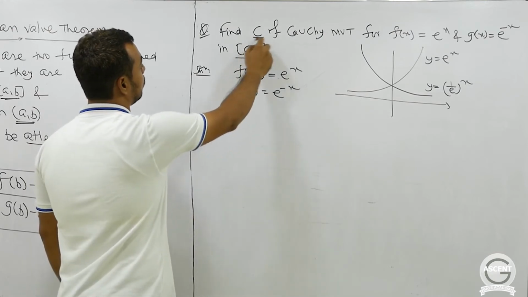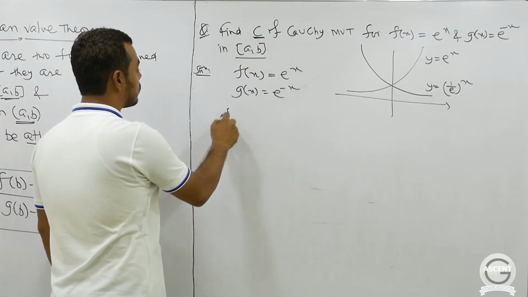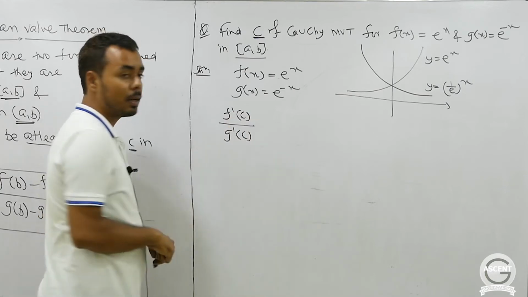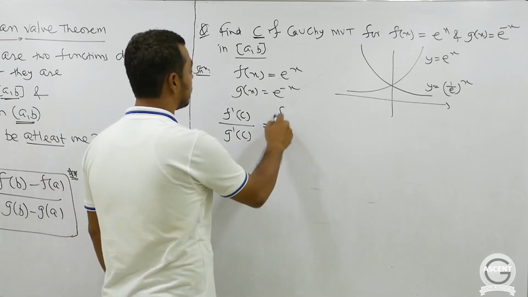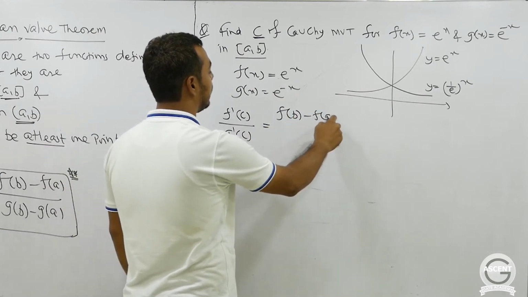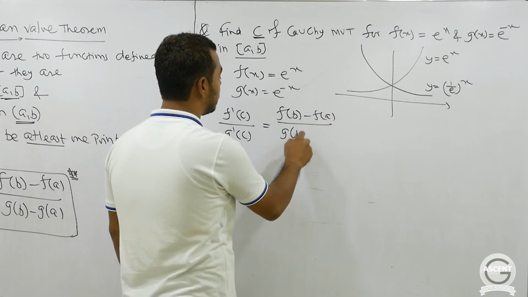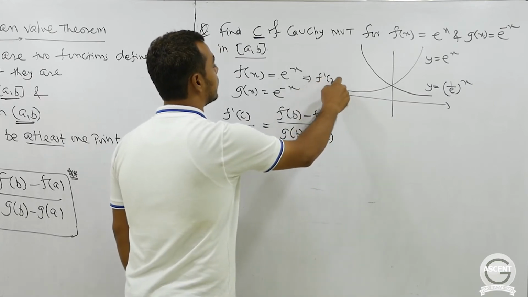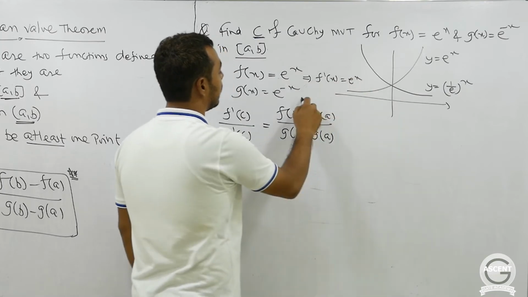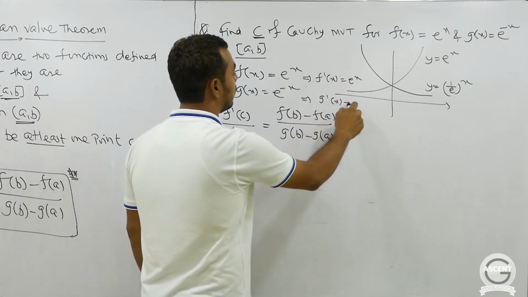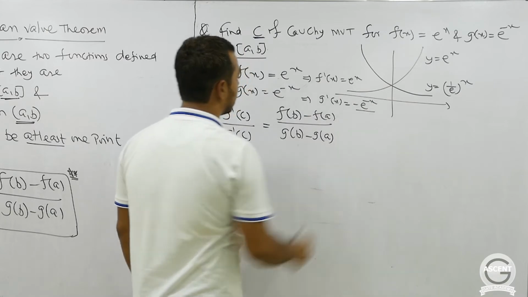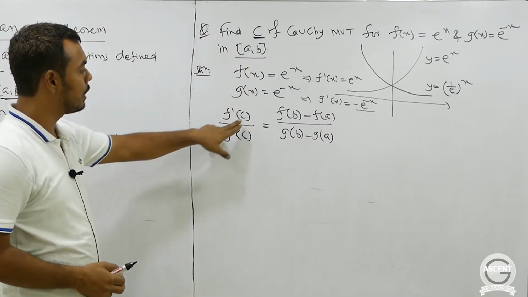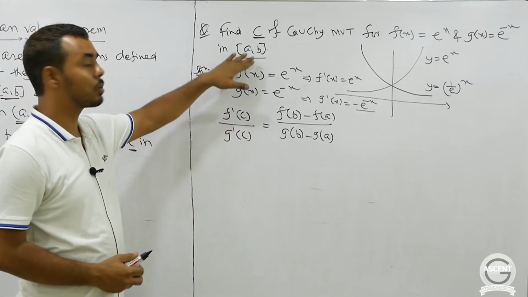The problem is we have to find the value of this c. So the value of c will be obtained using this relation: f'(c) by g'(c) equals f(b) minus f(a) by g(b) minus g(a). Also, if this is f(x), then f'(x) is also e to the power x, and from here g'(x) will be minus e to the power minus x, right? So now using this formula we are going to find the value of c, for which Cauchy mean value theorem